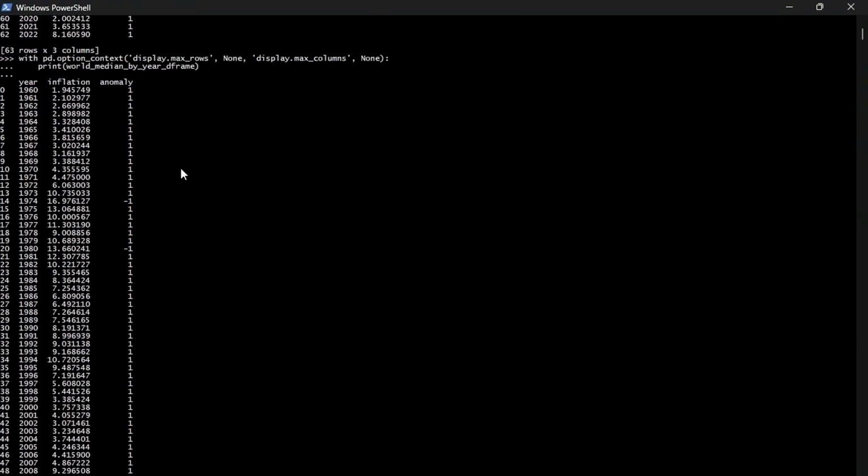And so in the terminal, I've now printed out the entire data frame, and we can see that anywhere in the anomaly column we have a value of -1, the model has determined that that particular data point or that year is an anomalous or abnormal value. So the years that have been identified as anomalous are 1974, 1980,